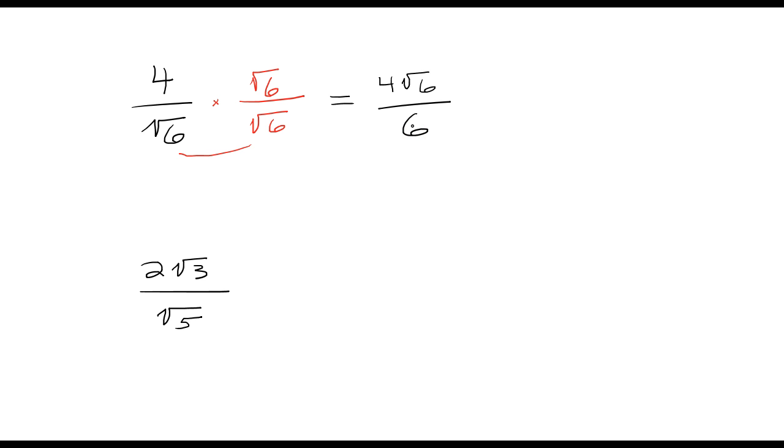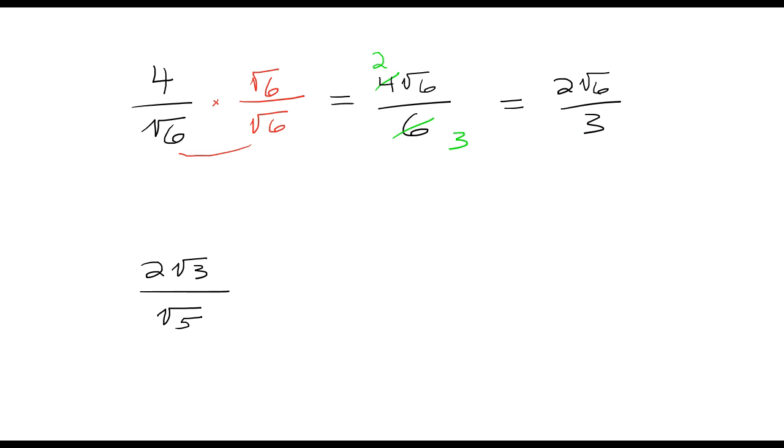Well, you cannot cancel the 6 and the 6 because one's under the radical and one's not. But you can cancel: 2 goes in here twice and 2 goes in here 3 times. So I can cancel the 2 and the 6, the 4 and the 6,